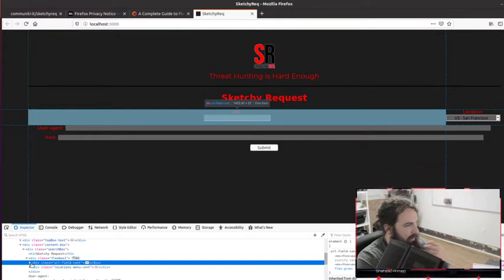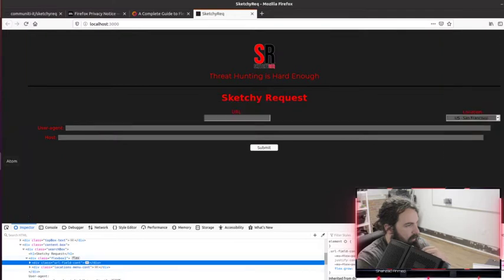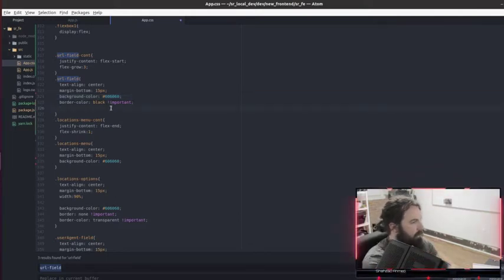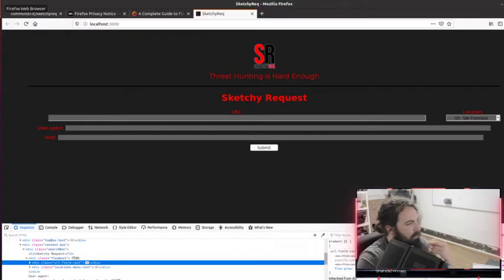Okay, so we just need to get this to stretch. So we're gonna make the URL field. I'm gonna change the width to 100%. Let's make it 90%. See what that looks like.